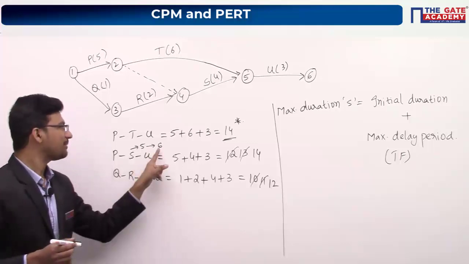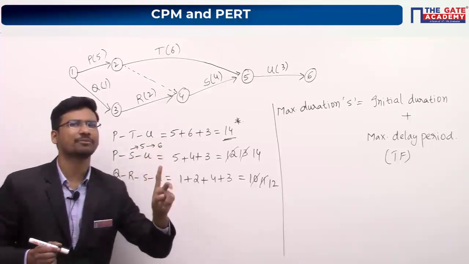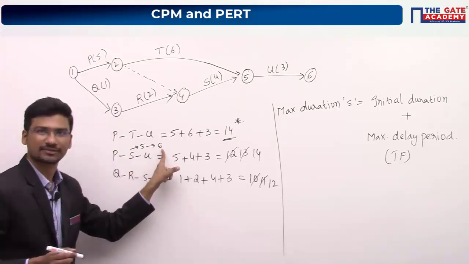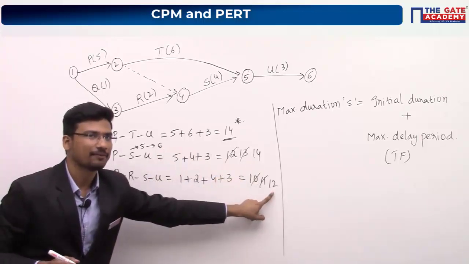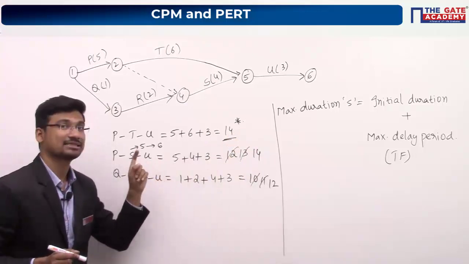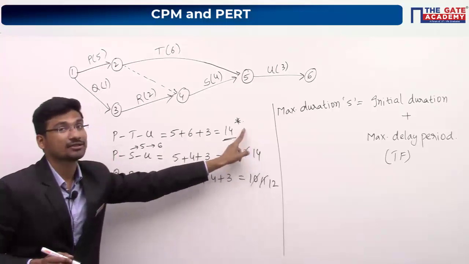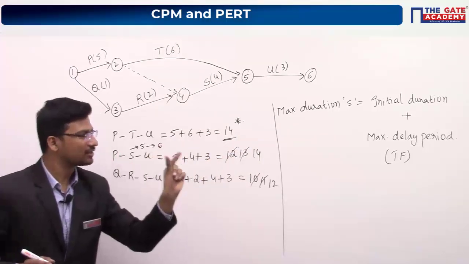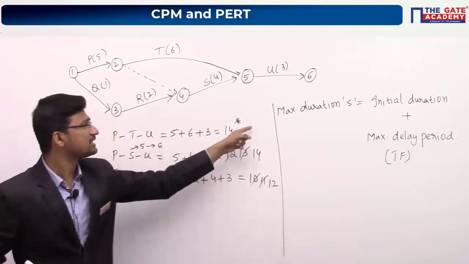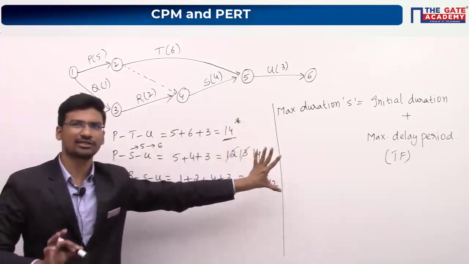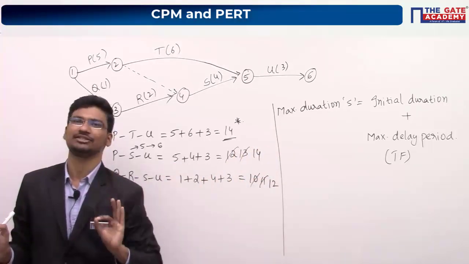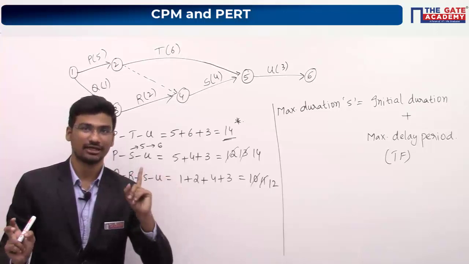Is it okay? Now, whenever I increase the duration of activity S to 6 weeks, I am delaying it by 2 weeks. The final duration of activity S is 6 weeks. Now this is 14 and this is 12. You observe that you now have two critical paths. In the question they have given one statement: without delaying the completion of the project. What is the completion of the project? Initially it was 14, and now also it is 14. Having two critical paths is a different issue, but your completion time has not changed.